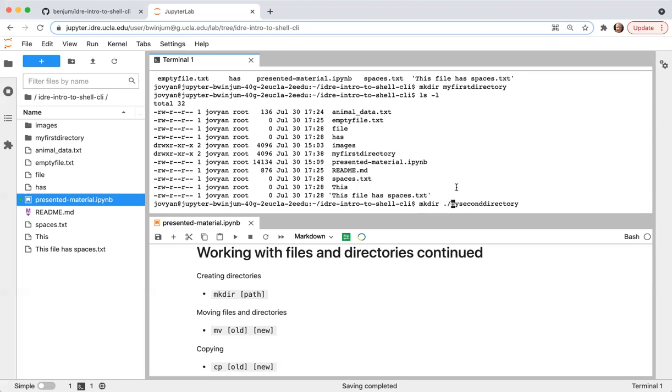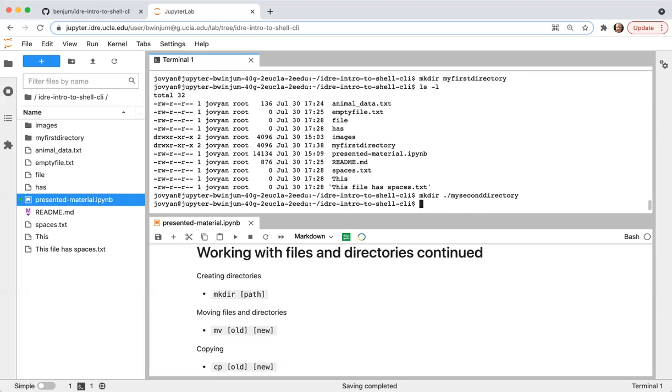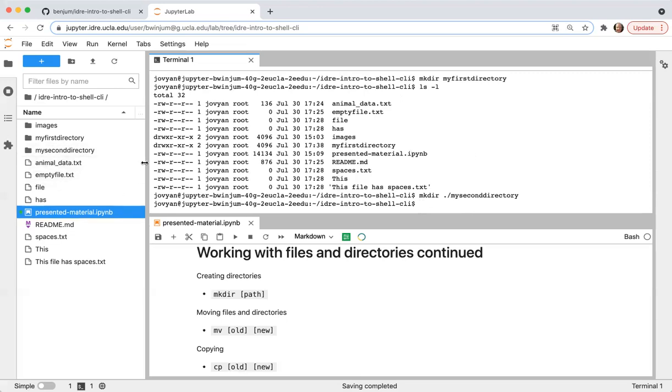And then I include the slash because I want this directory to be a subdirectory of the directory I'm currently in. And when I execute that, now this is another way to specify the relative path for the directory that I want to create.